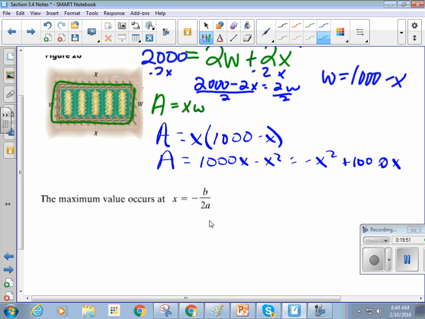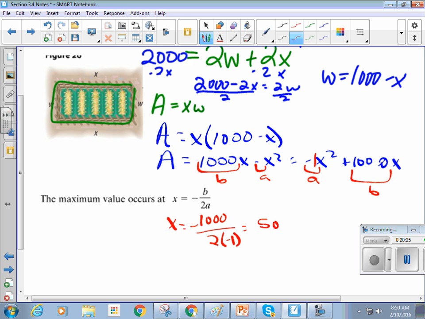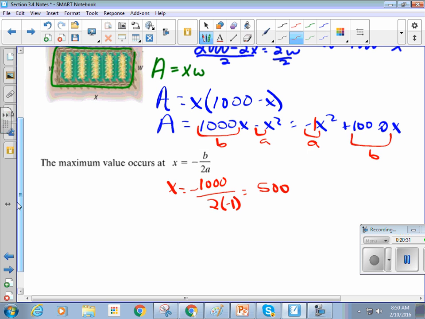So we're going to plug in B and A. This is B. This is A. So we're going to plug in negative B divided by 2A. I know what negative 1,000 divided by negative 2 is going to be. It's totally going to be 500. So if X is equal to 500,